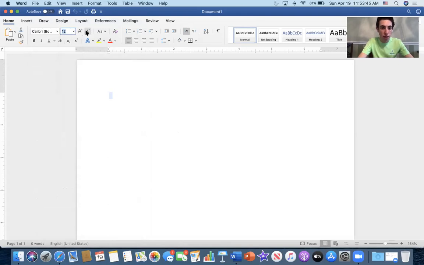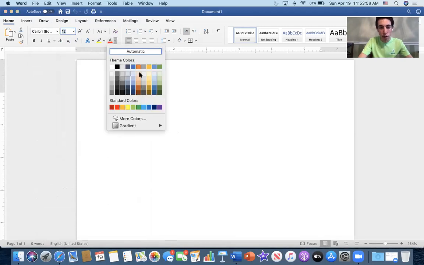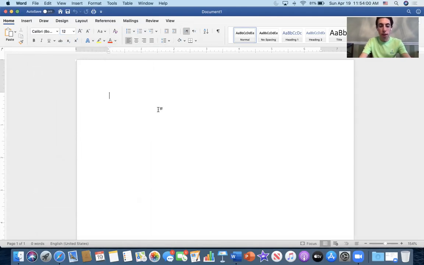Or you could also increase and decrease the text size by clicking on the arrow buttons right next to it. And lastly, over here at the bottom right of that section is where you could change the color. They give you all the options for that. So let me give the example. If I type in these three words, you first have to make sure the text is selected.